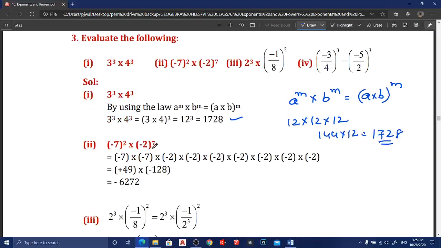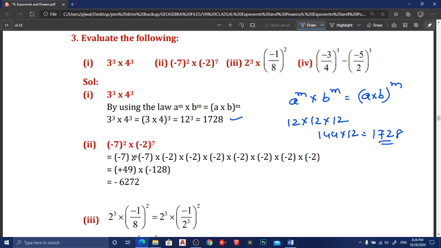In this problem, by observing these two terms, both the bases are different and the powers are also different. I told you that for this expression you may not use any formula, because there is no formula to simplify it like this. You just have to expand them and multiply them directly. How to expand this?